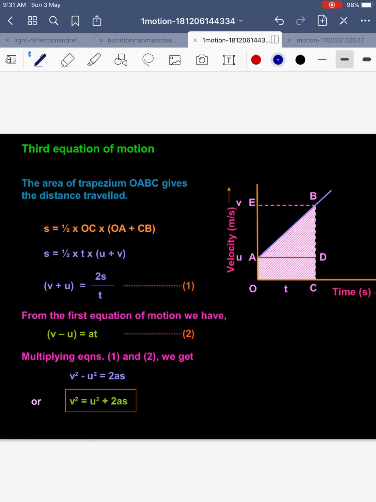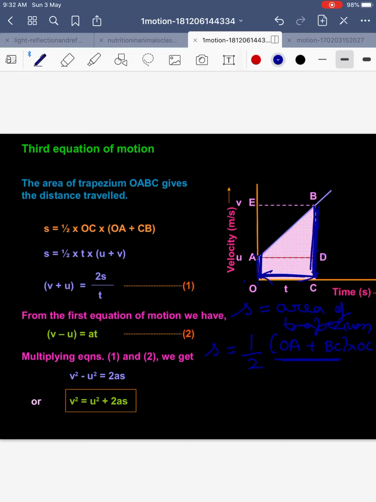Again we will be using S is equal to area of the trapezium. But here we will not break it into rectangle and a triangle. We will apply the formula of trapezium only. S, which is equal to area of trapezium. Which trapezium we are talking about? OABDC. Now formula for area of trapezium is half sum of parallel sides into height. These are the parallel sides, OA and BC. So I've written half sum of parallel sides, that is OA plus BC, into height, which is OC. OC is equal to, that is the time, right?